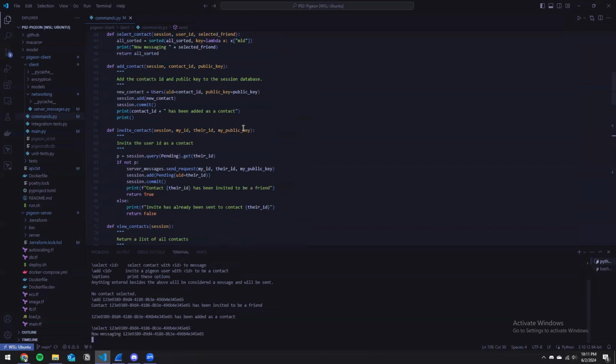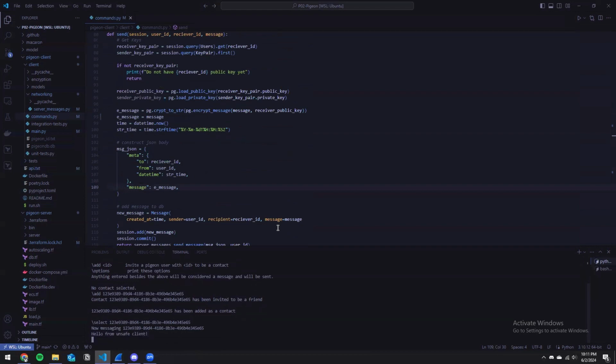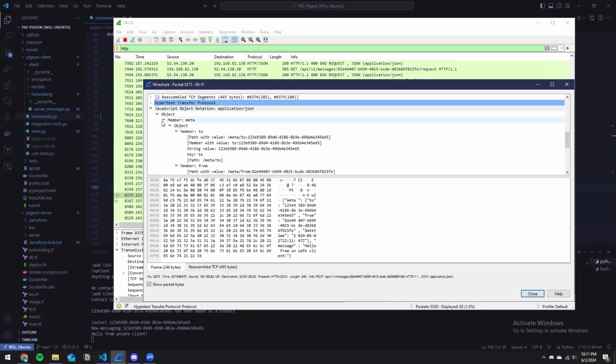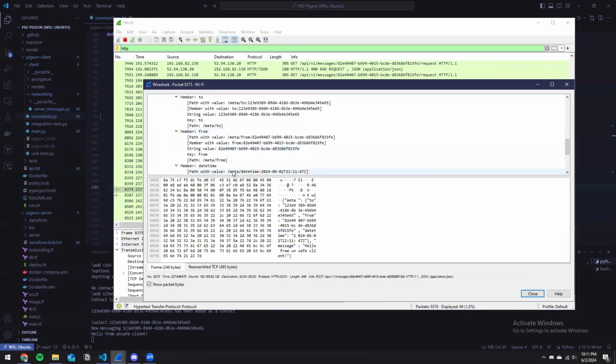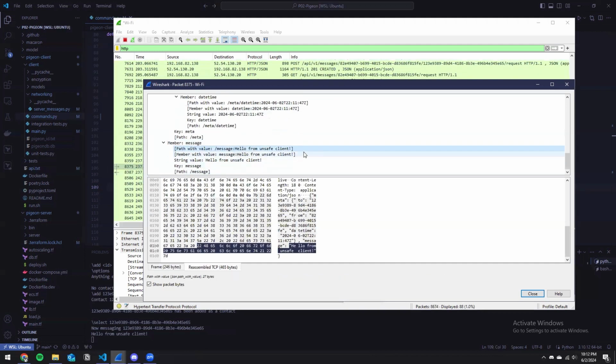Now with the encryption disabled, sending a message such as "hello from unsafe client," we can analyze this packet on Wireshark and we can see the interesting details. We can see who it's to, who it's from, date and time, and most importantly, the message. We can see the message is "hello from unsafe client," and so can anyone else on this network. Now this isn't too good,